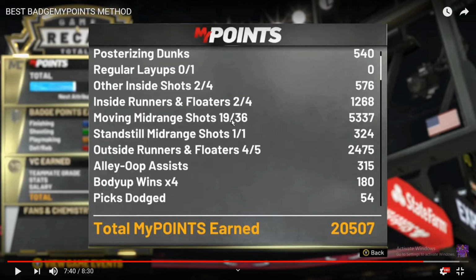I unlocked the ability to shoot post fades a little bit, and I'm getting my shooting badges. Roughly, I'm adding my shooting badge points onto things like Quick Draw or Hot Zone Hunter, because it pertains to a lot of different things. Or if I really want to, I'll probably go with deep fades pretty soon, just so I can keep on doing this. But anyway, as you can see, moving mid-range, 19 of 36, and then the outside runners and floaters,